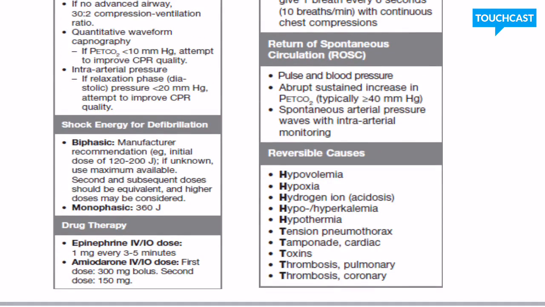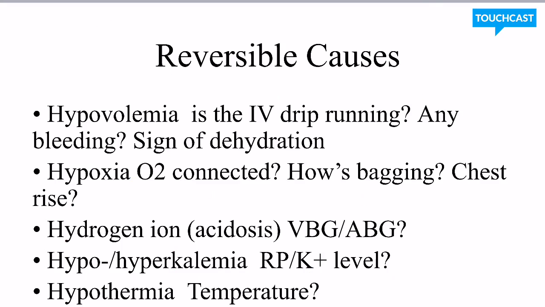And again, always look for the reversible causes. The pitfall in ALS mega code is that the participant always asks about the blood result. I suggest you start with asking whether the IV drip is running, any bleeding, any signs of dehydration, and you ask your assistant whether there is hypoxia, whether the oxygen is connected, how's the bagging, any resistance in bagging, is there any chest rise, and only after that you ask for the result of VBG, ABG